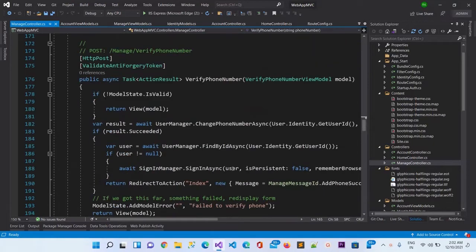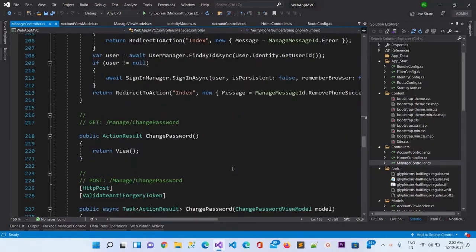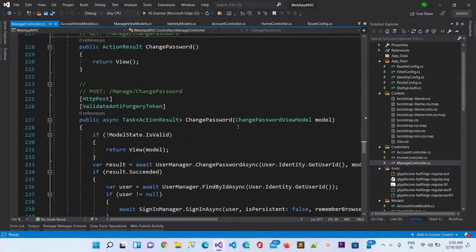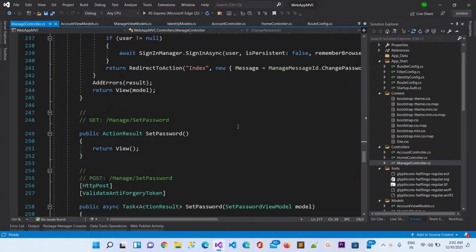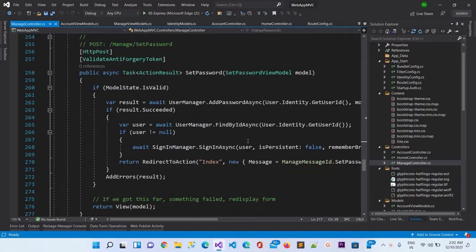So everything is given in the code. You just need to create the project and choose single user authentication, and then you are good to go with the already written code required for creating a basic web application using the MVC framework.